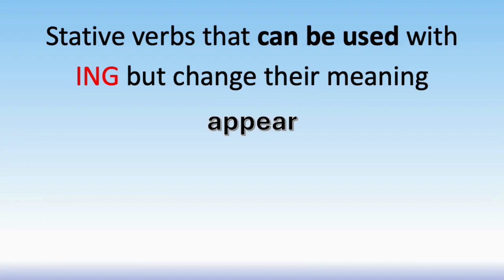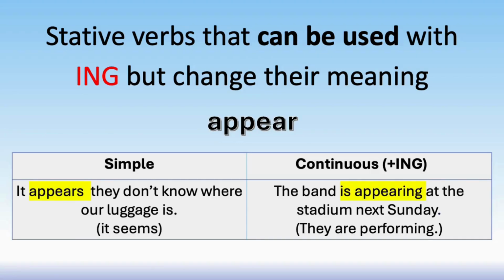Moving on to the next one, appear. So it appears they don't know where our luggage is, yes, so it's lost. In this case, we want to say it seems. The verb appear means seems. It seems. There is another situation when it can be used with the ing and it will have a different